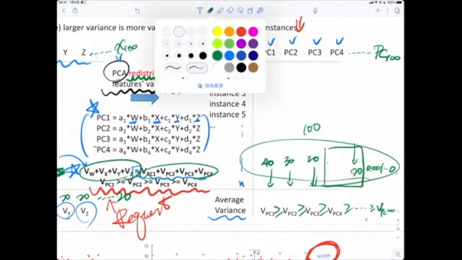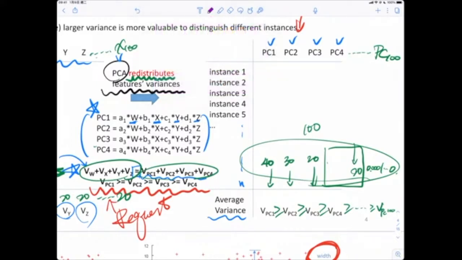In this case, we can do a very simple thing, which is to manually divide the data with a parameter k, which means PC1 to PCK.